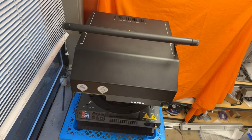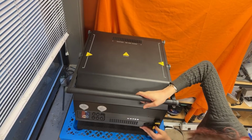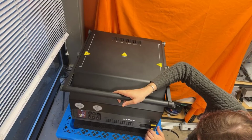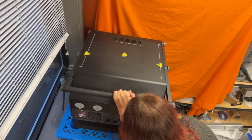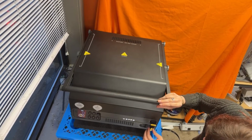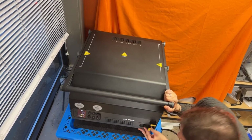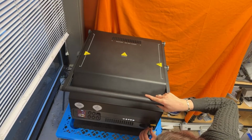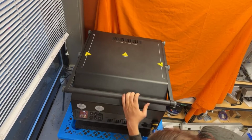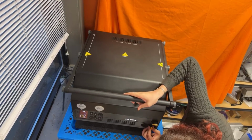It's turning off the heat and yelling at me. It says close the lid fast and lock the lid, which I am struggling to do. I do not know how hard this is supposed to be to lock the lid, but I feel like it's not supposed to be this hard. Nope. Yeah, that's not locking. Nope. Now lock the lid. Okay, I can do that when it's open. When it's closed,